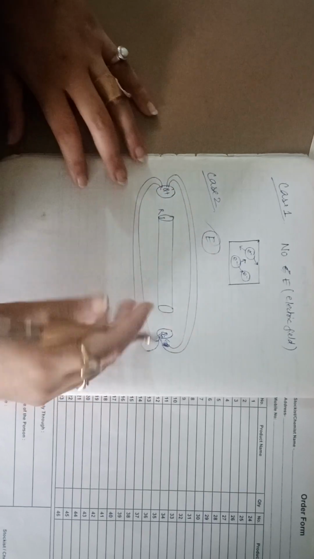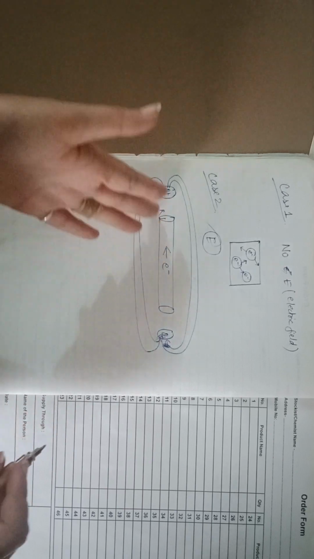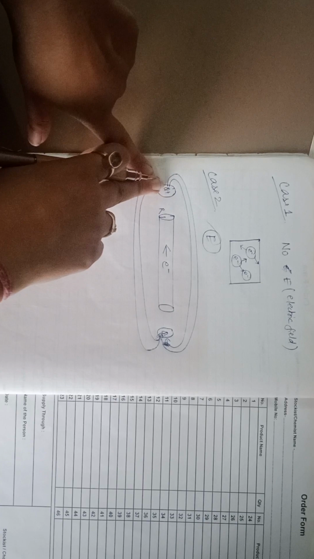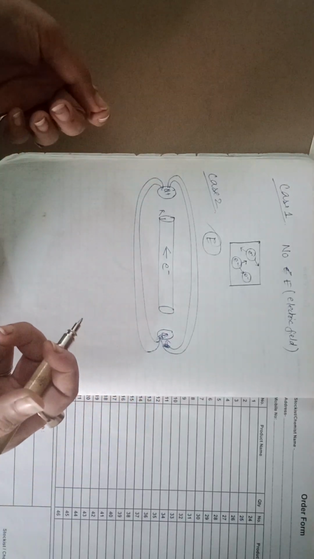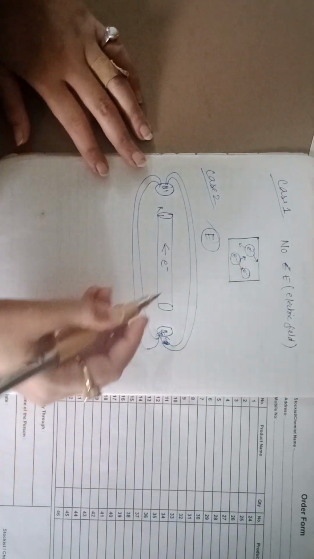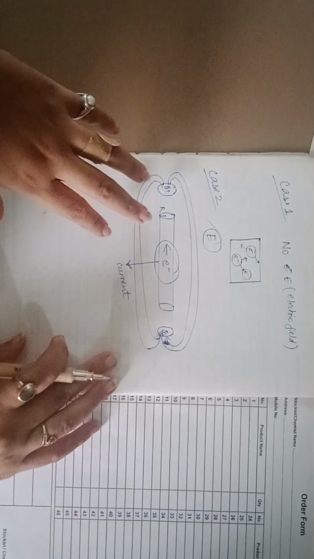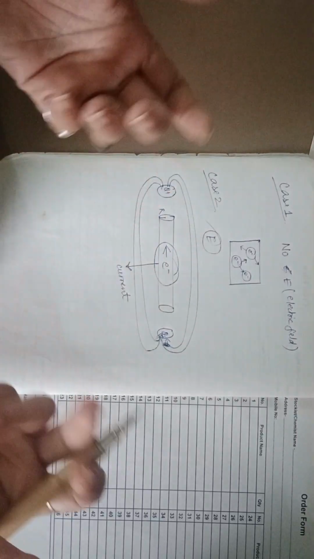And electrons, due to this force of the electric field, will try to neutralize it, so they will move in the opposite direction, in the reverse direction, in the backward direction. If the charges are moving from positive to negative, then electrons will move in the opposite direction to neutralize the effect produced by the electric field. So when electrons move, they will constitute current. It will produce current. Simple. So this is the case when an electric field is applied. Whenever you apply an electric field, electric current will be produced.